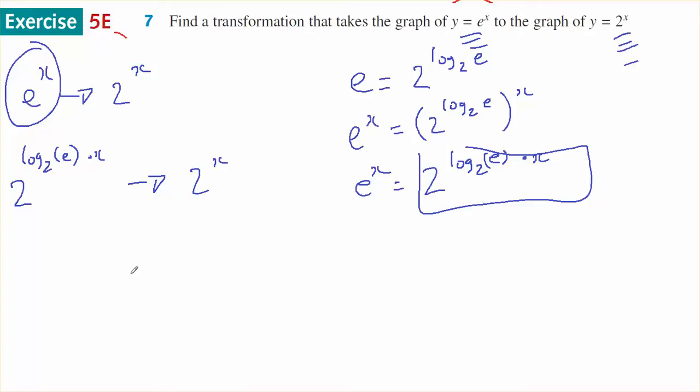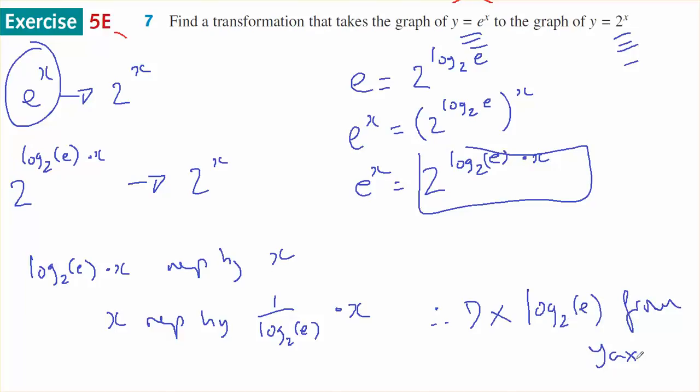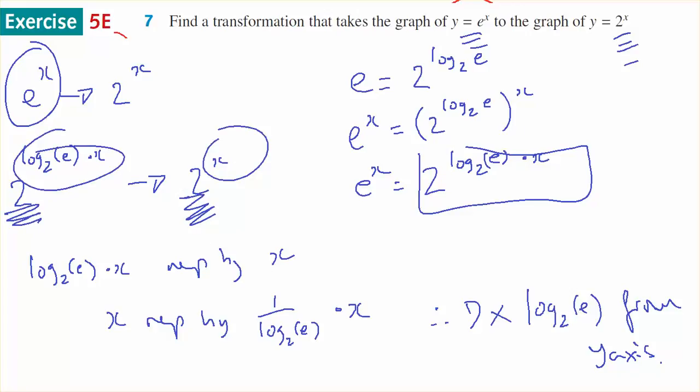So using my replacement language, log base 2 of e times x is replaced by x. If I divide both sides, x is replaced by 1 on log base 2 of e times x. Therefore it's a dilation by a factor of 1 over this, so log base 2 of e from the y-axis. So I turn them both into base 2's so I can see what happens to the powers to be able to describe